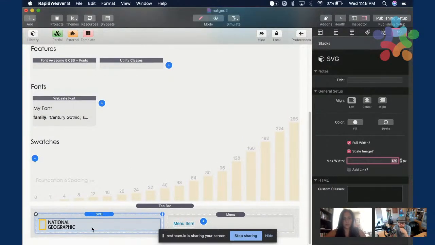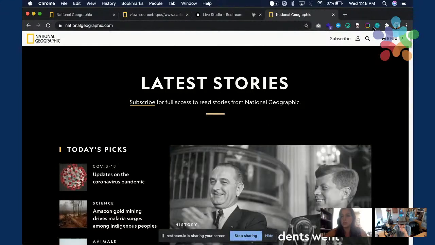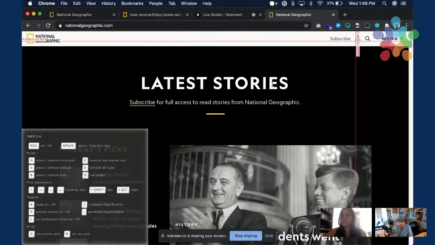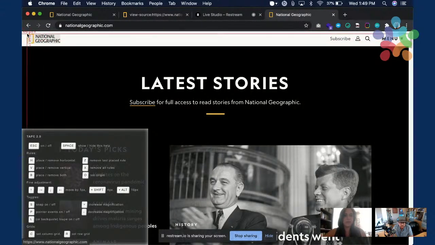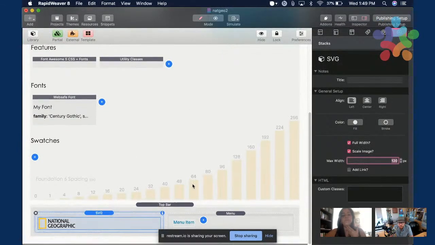I have a tool, a Google Chrome extension, that lets me measure anything. I can set the origin here, for example with the letter O, and it tells me how big it is. It's 108 pixels exactly, but I'm going to go for 120.